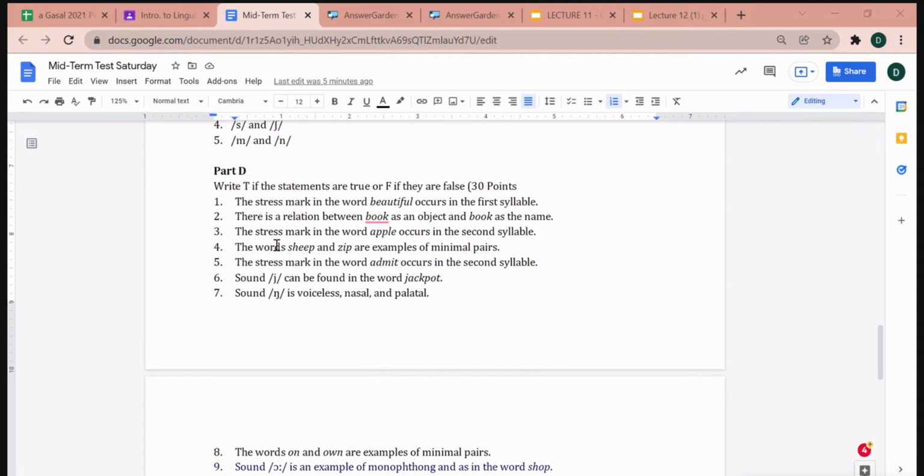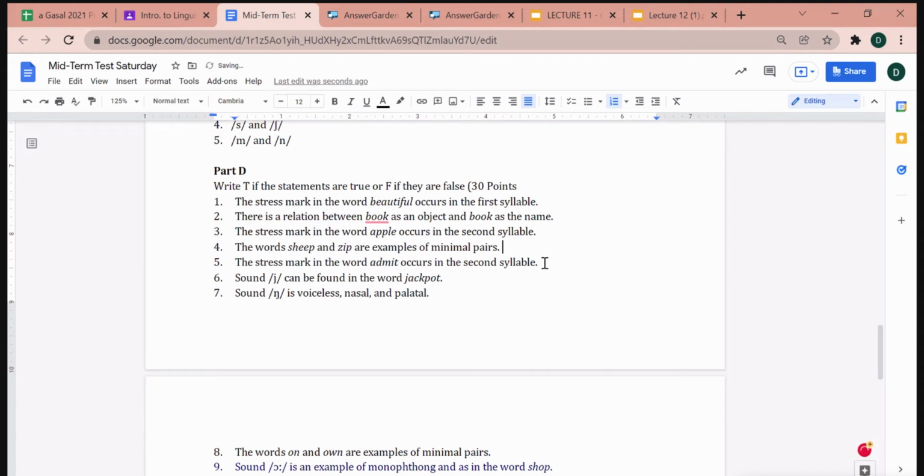We have more than one distinctive phonemes here. The first is sh and z, while we have long e and then short e, zip. So it is not an example of minimal pairs. You can say that this one is an example of minimal pairs when we compare sheep and ship, let's say. Nah, ini bisa. Oh, okay.